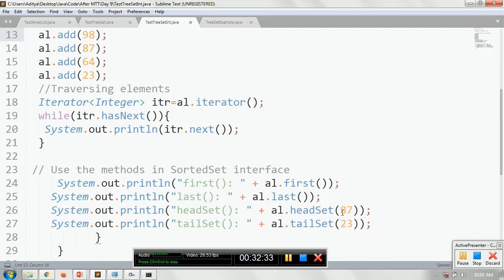So all the numbers that are less than 87 will be printed, strictly less than. Now whenever you call the tailset, starting from 23 to the last, it will print all the elements that are present in that TreeSet. We'll see it in the example, so don't worry.